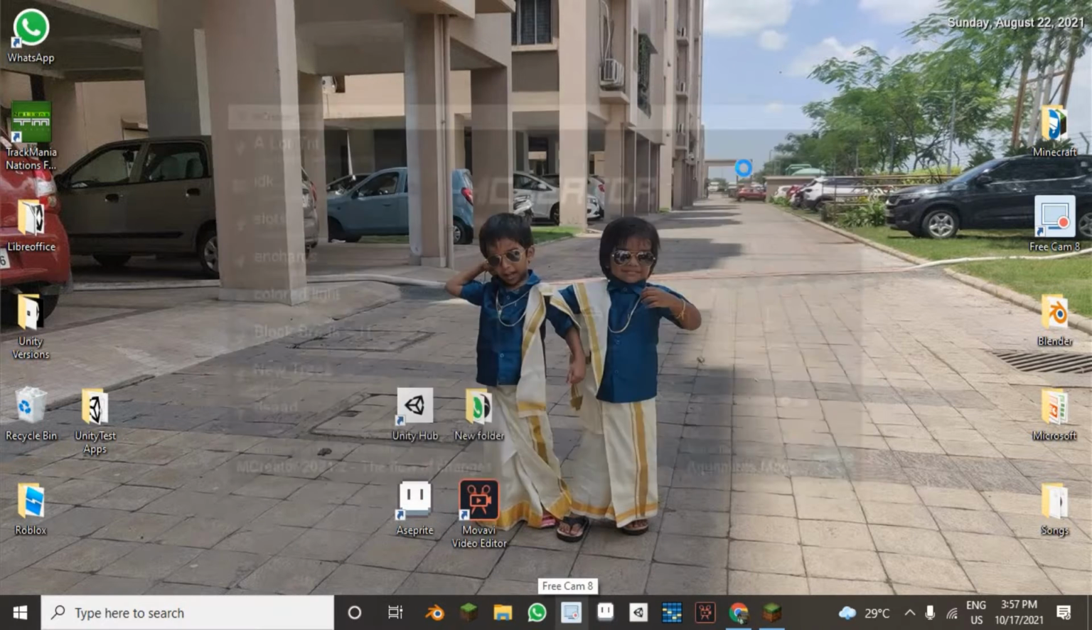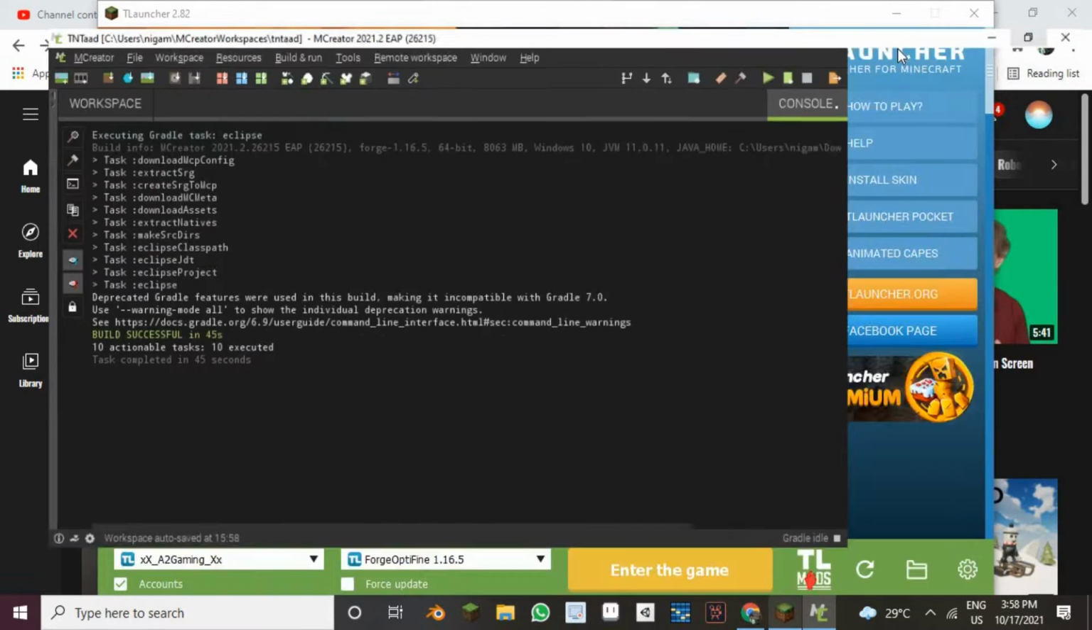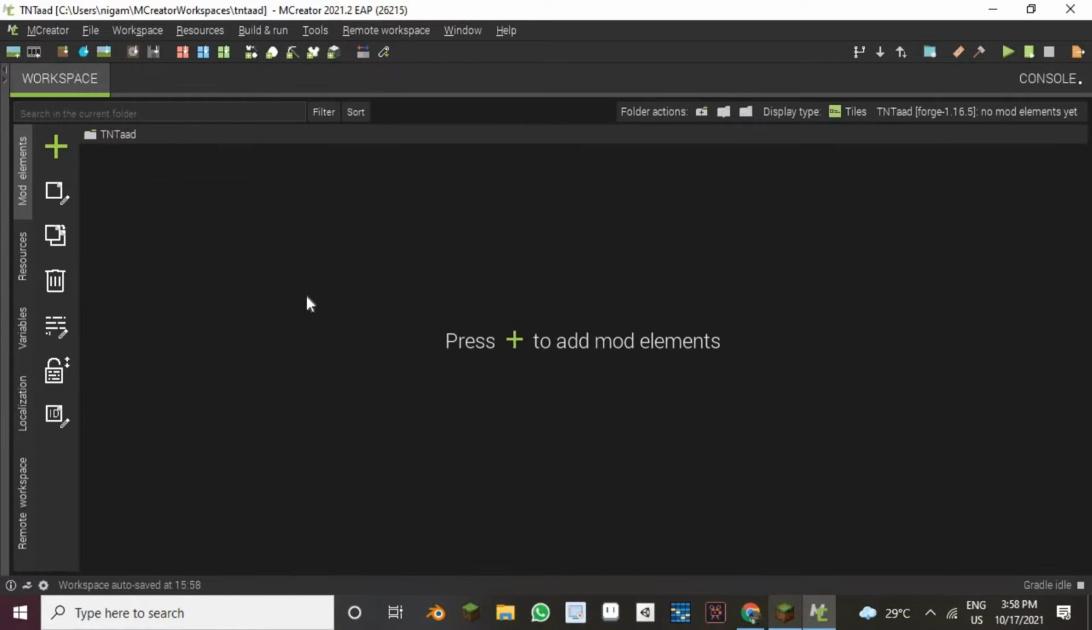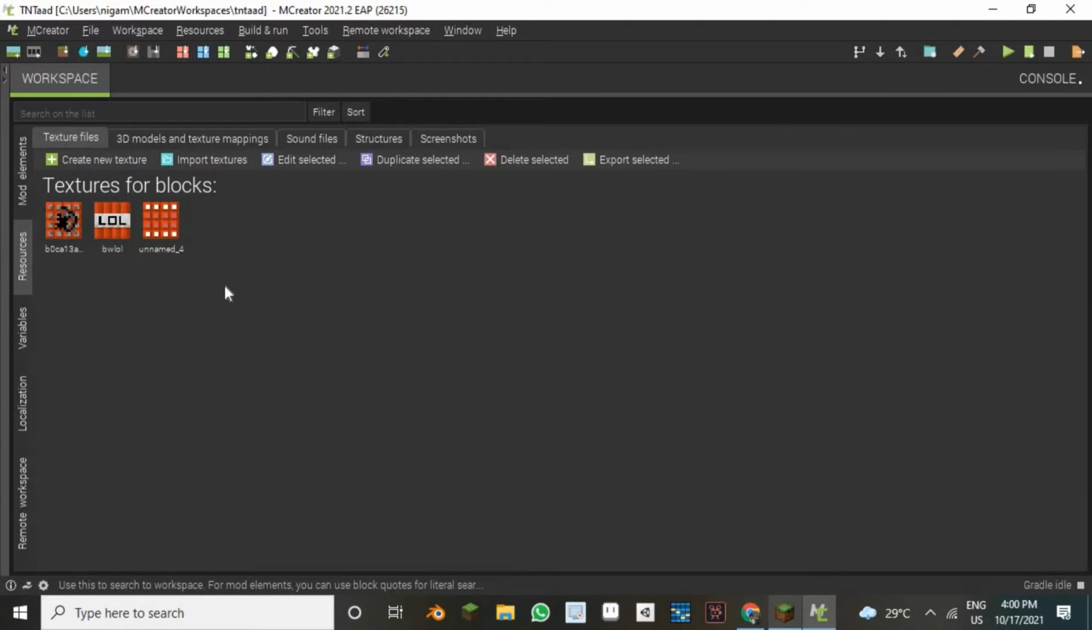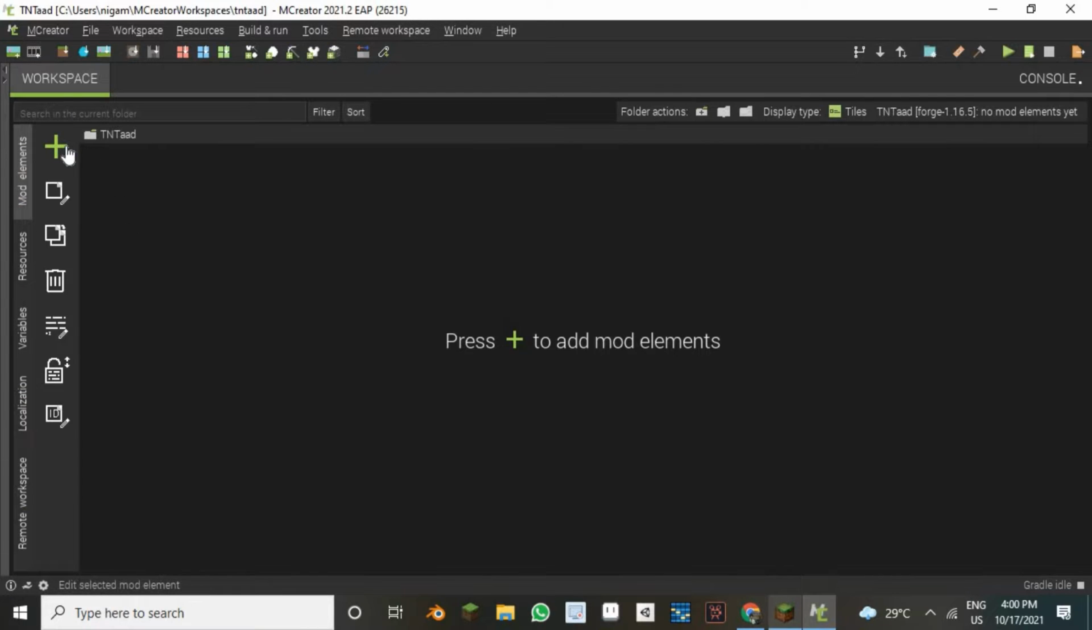Now you need to open it. It has been loaded right now. It will take quite a while to load, and after that we need to load the texture files as I have done right here. I have loaded my textures. You just have to click import textures and import block textures, and then go to mod elements, then